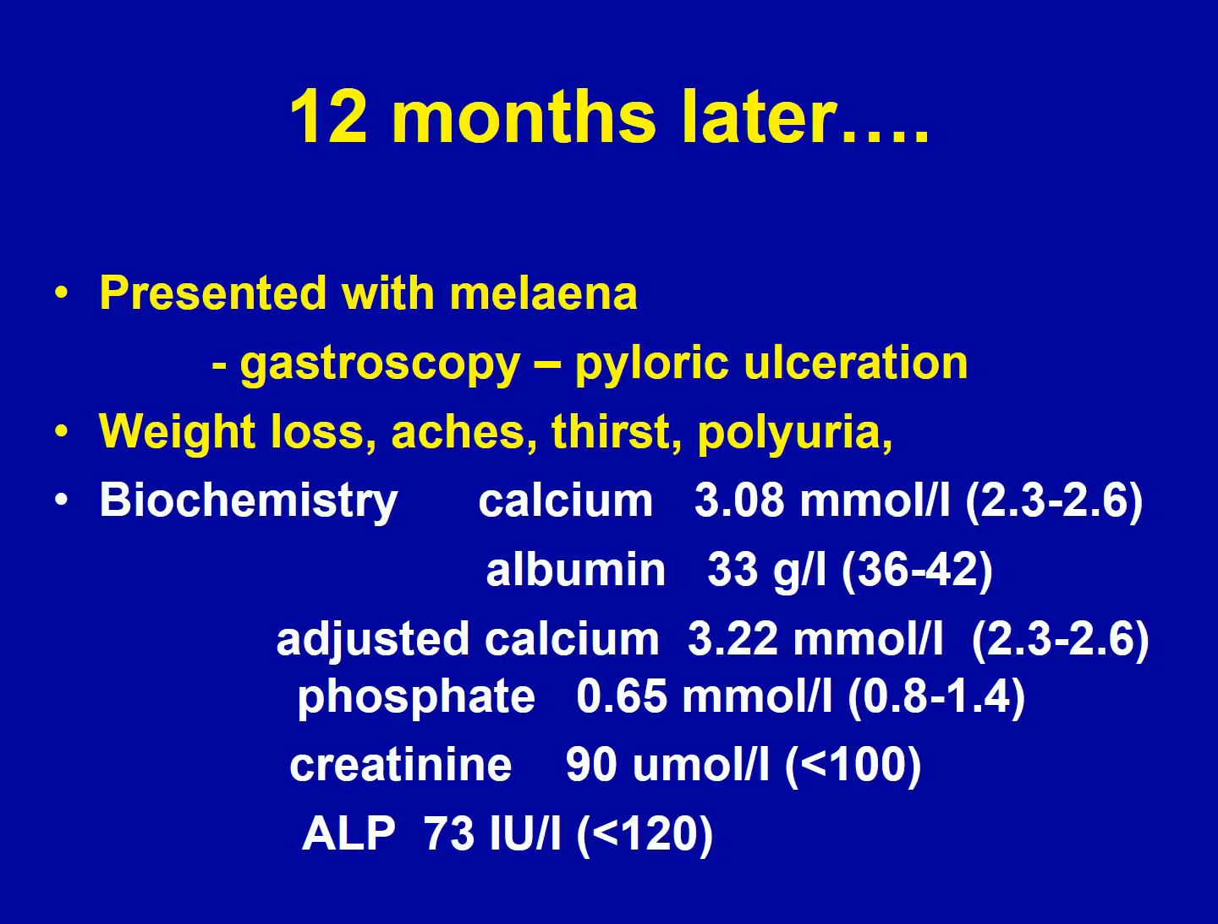At that stage, he had developed a number of symptoms suggestive of advanced malignancy, with weight loss, musculoskeletal aches and pains, but he also had thirst and polyuria, and he was found at this point to have quite marked hypercalcemia, with an albumin-adjusted serum calcium of 3.22 millimole per litre, frankly low serum phosphate, again normal renal function,